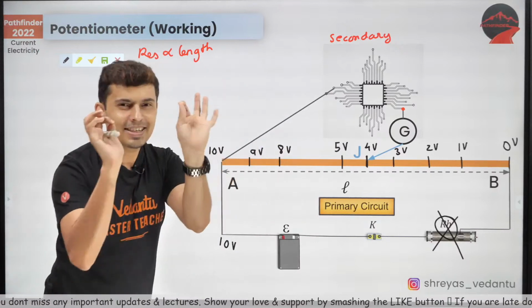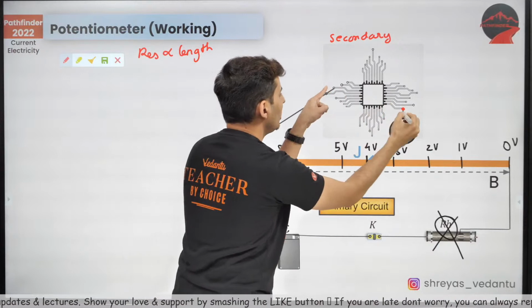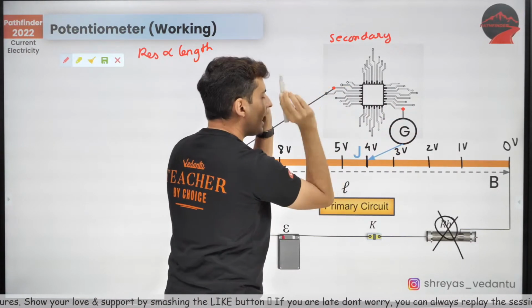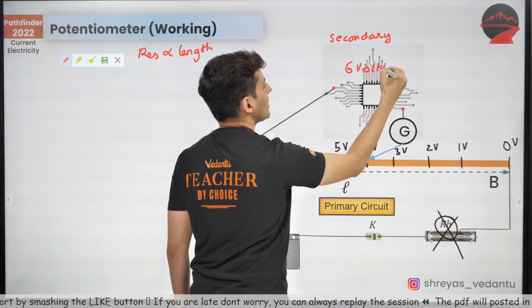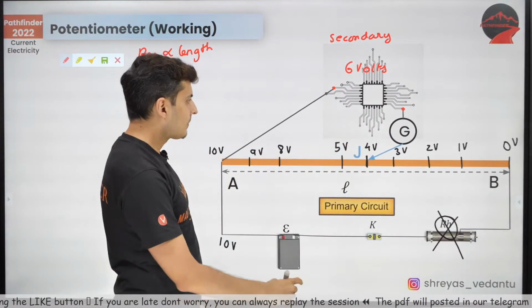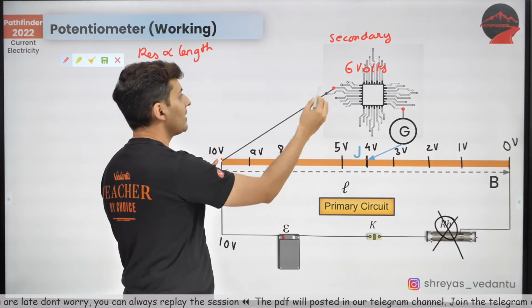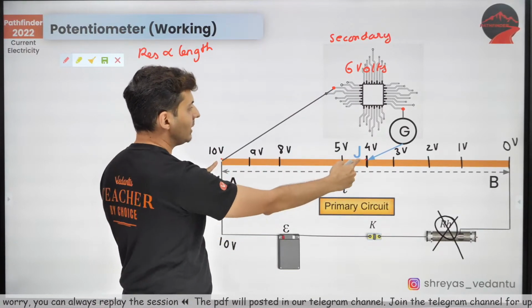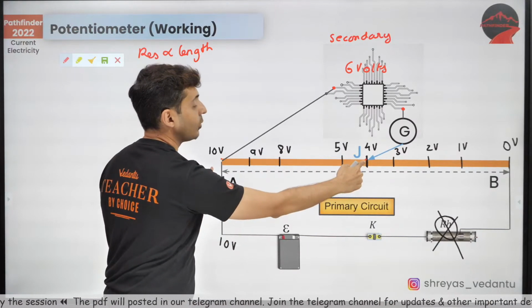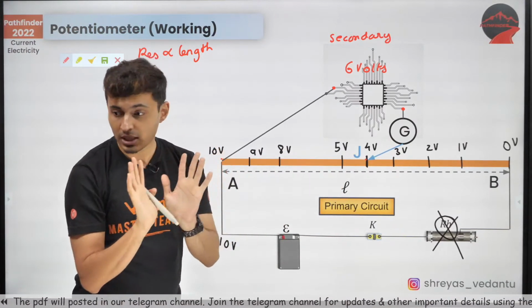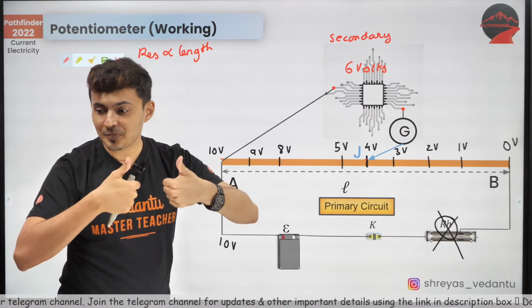Now, for example, the actual voltage between these 2 points is let's say 6 volts. Then, when this point is connected here, this point is connected here, check what is the difference between these 2 points. Voltage difference between these 2 points, 10 minus 4. What is the difference, guys? 6. Correct? It is 6. Everybody clear?